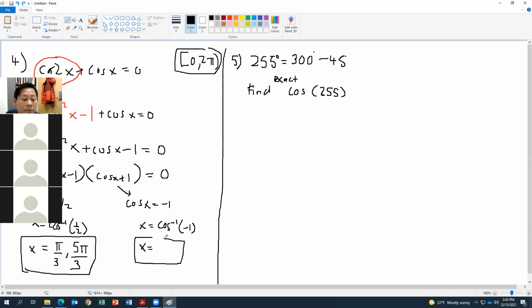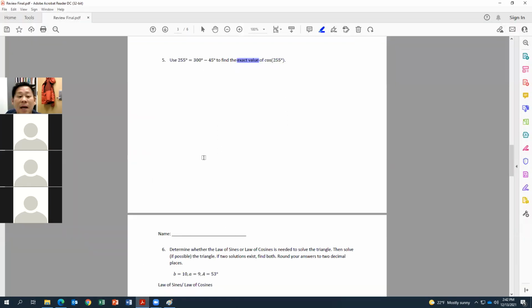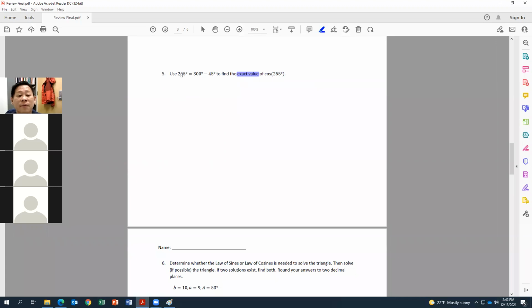Pi. Yep. So this is your answer in this case. If you don't know this, please make sure you use your unit circle to figure it out. These are all based on the unit circle here. Next, question number 5 is asking us to use 255 degrees as 300 minus 45 degrees to find the exact